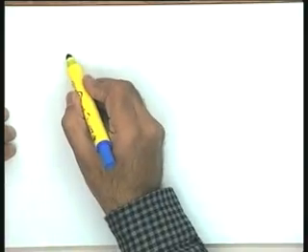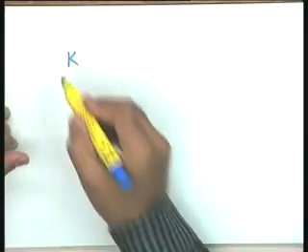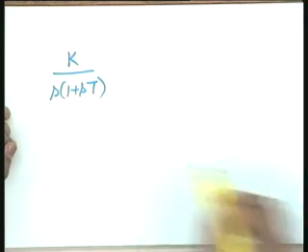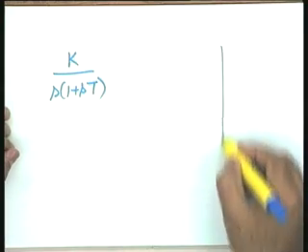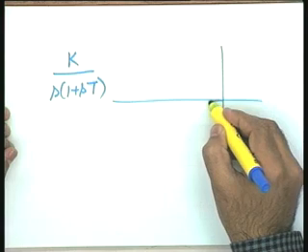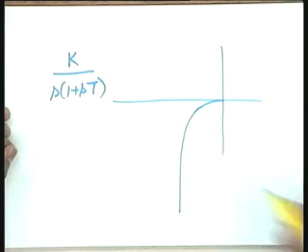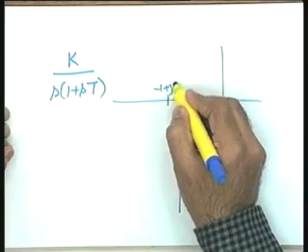Let me answer his point. He said that, well, the plot may not intersect. I can even give you the example, as you know, that example where the plot will not intersect. This is the example. Yes, what is the polar plot of this system? The polar plot of this particular system, as you know, is this. This is your minus 1 plus j0 point.